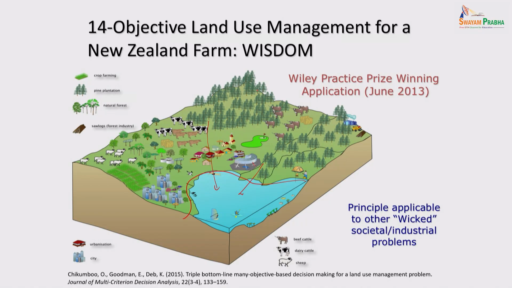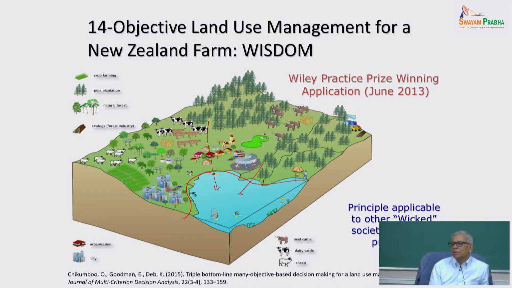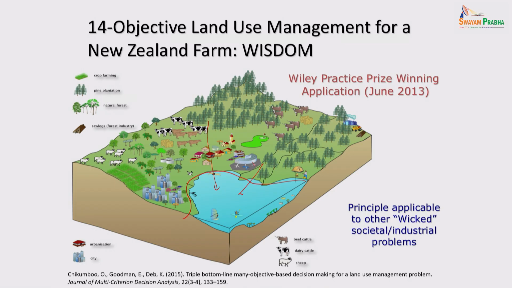So while I was in Kanpur, I was looking at this problem and what they were doing. Fortunately, there's a forest department there which has all these models of how the rainwater goes down this landscape all the way to the water. If there's so much rainfall, so much nitrogen will go there, and there are different kinds of models. I looked at these models, they're pretty advanced. Some of them were using machine learning even at that point. They had collected a lot of data. So I thought, well, we have models to optimize. The only problem is there were 14 objectives in this case.